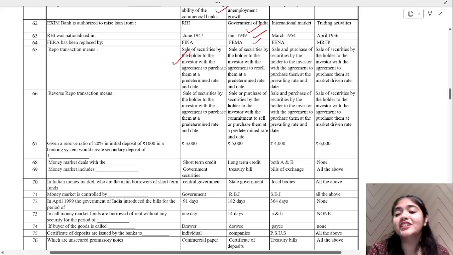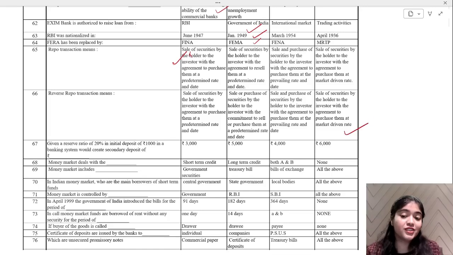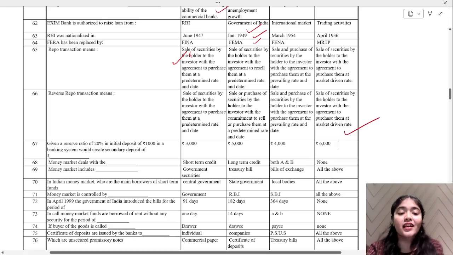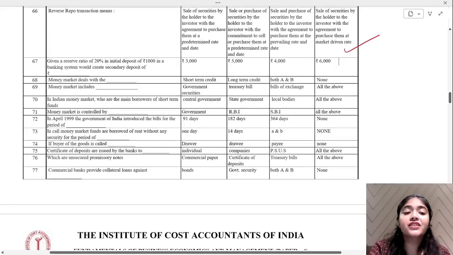Sale of purchase and securities by holder to the investor with the agreement to purchase them at a prevailing rate and date, or sale of securities by holder to investor with the agreement to purchase them at a market driven rate. So this seems like your reverse repo rate, right? Correct. Now, what they have said further, given a reverse ratio of 20% in the initial deposit of 1000 in